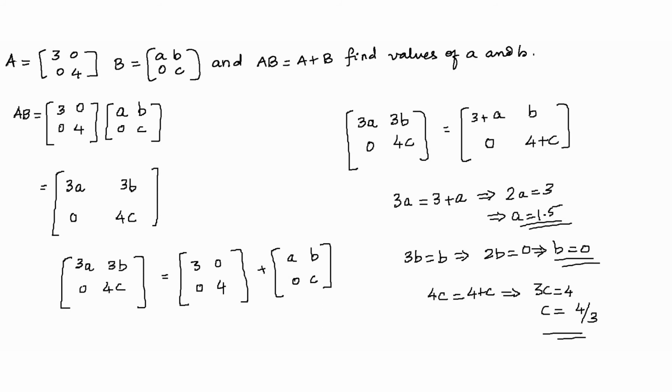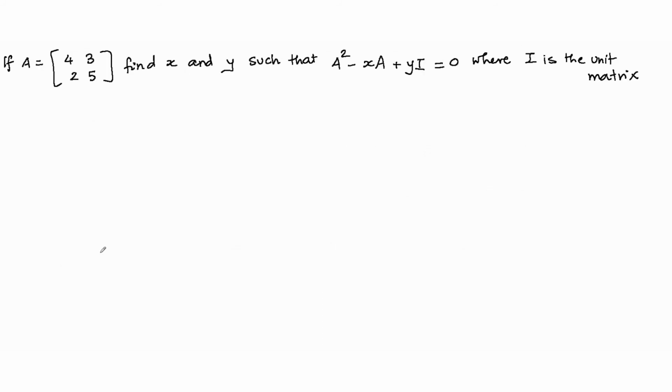Okay, moving on to the next one. So in this question, the matrix A is given, which is 4, 3, 2, 5. And we have to find x and y such that A square minus xA plus yI is equal to the null matrix. So let's find A square, right? A square is